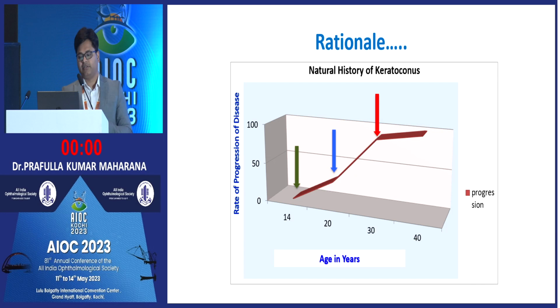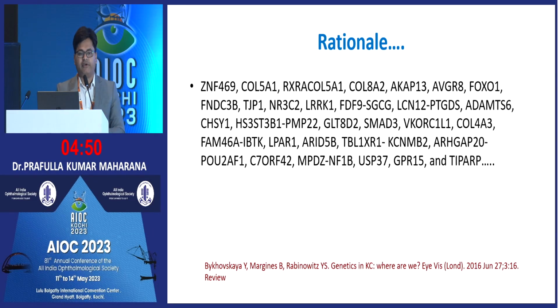So the natural history of keratoconus gives you a few checkpoints. The first one is the onset, which is around puberty. Then there is a growth phase of rapid, followed by slow, and then a plateau, and finally it settles down beyond 40. So we have treatment for advanced disease in the form of keratoplasty, and for progression we have CXL, but we don't have something to halt or to check the development of keratoconus per se. So what we need to do is find out which are the genes that put a patient at risk, so that you can identify and build some treatment for that,